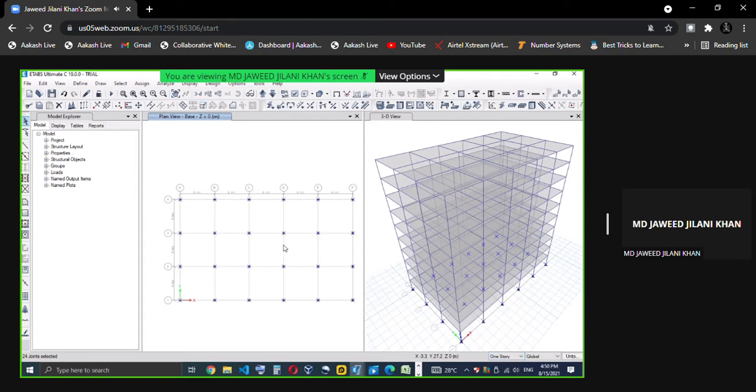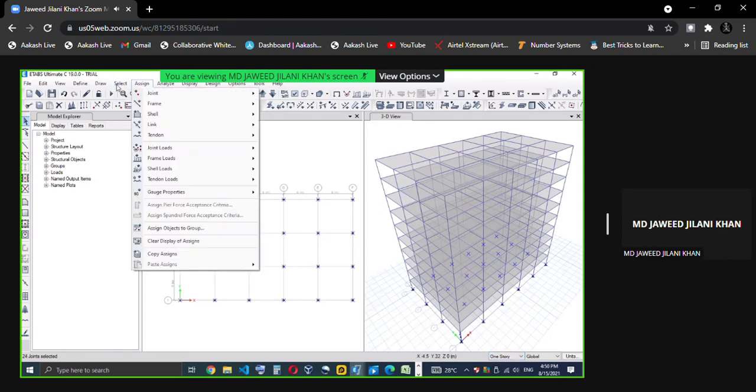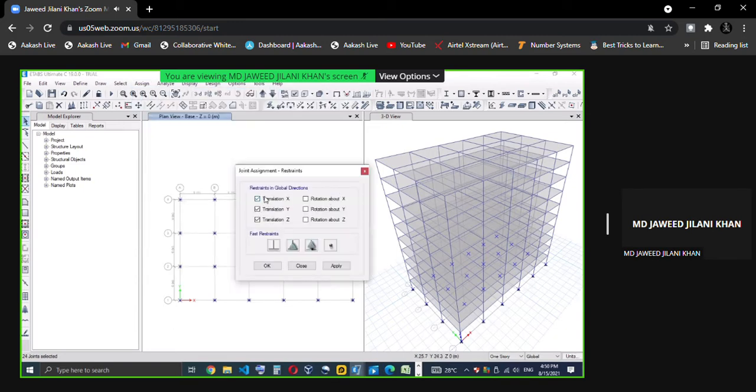First selection is done already. Then go to assign. I want to give something about the joint. What? I want to restrain it. It is already restrained by default in translation in X direction, Y direction and Z direction. I want to restrain about rotation, or I can click here and make it fixed directly. Otherwise it will be nothing, just a point. This will be pinned, this will be fixed.